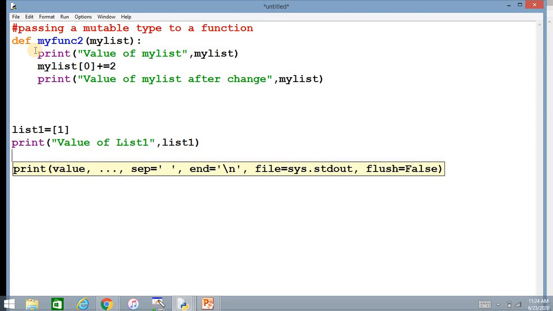Now I am going to do the function call. How will you call my function? It is called with the value list 1.